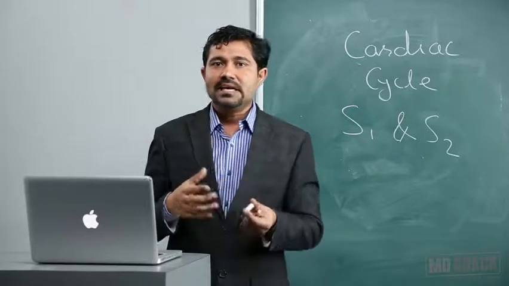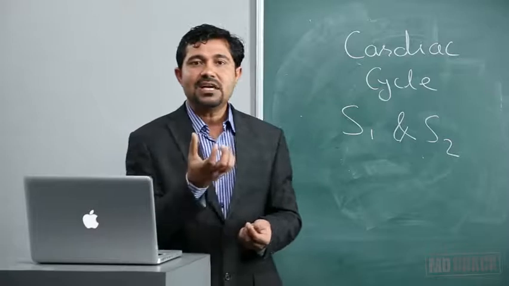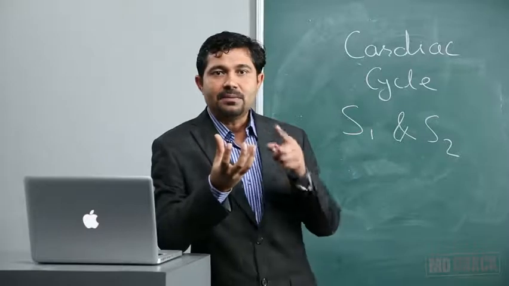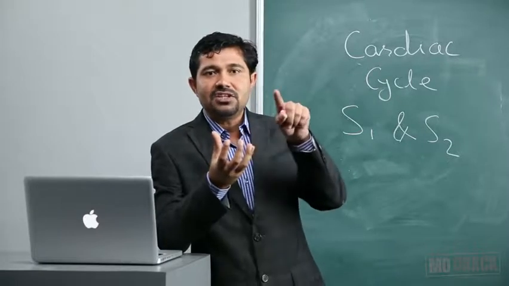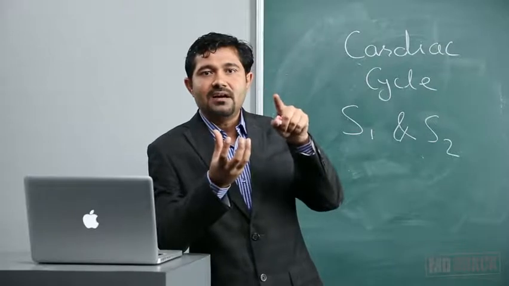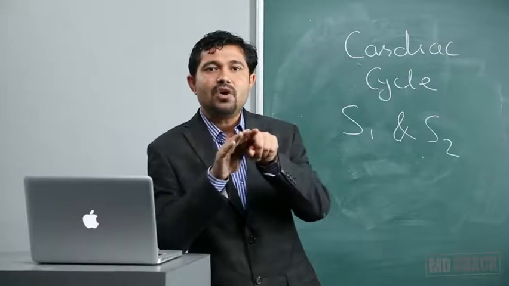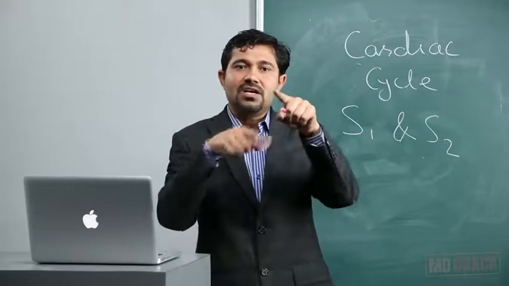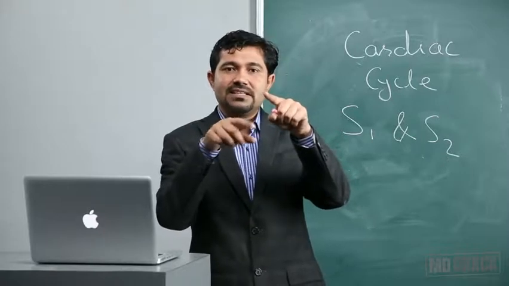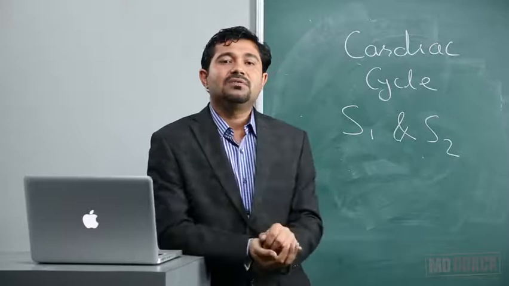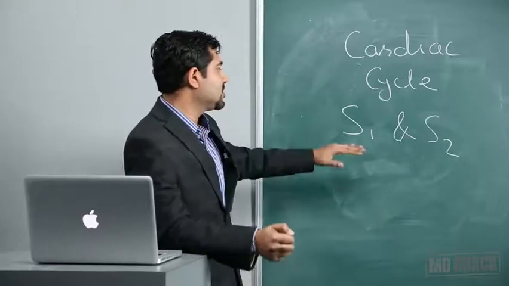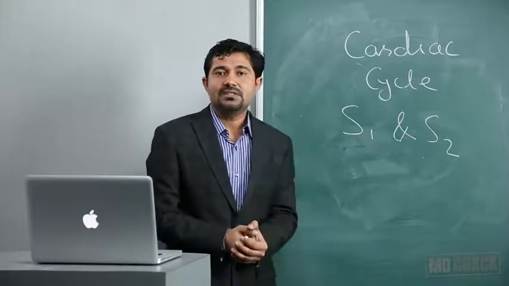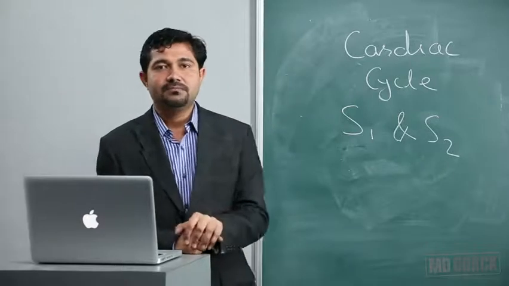Now, before the isovolumetric contraction phase, what has happened? The ventricle started contracting, the pressure will increase, and there will be some regurgitation of blood from the ventricle into the atria. But this regurgitation will be immediately blocked by closure of the AV valves. This sudden closure of the AV valves causes turbulence in the ventricle, and this will produce which sound? The S1 sound, that is the lub sound. What is the peculiarity of this sound? This is a low frequency soft sound.